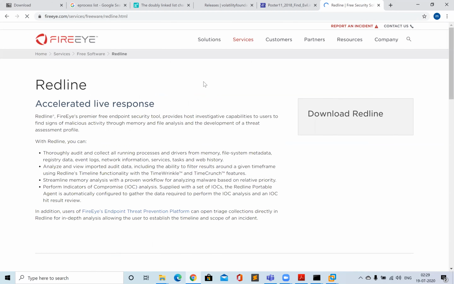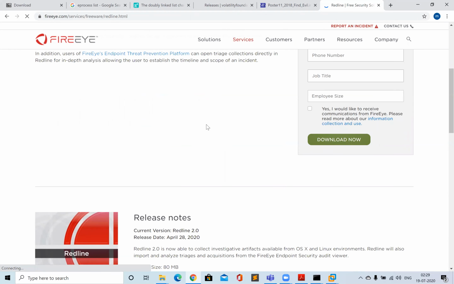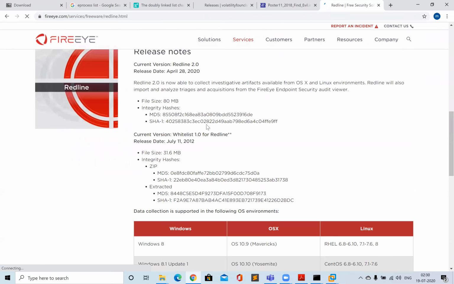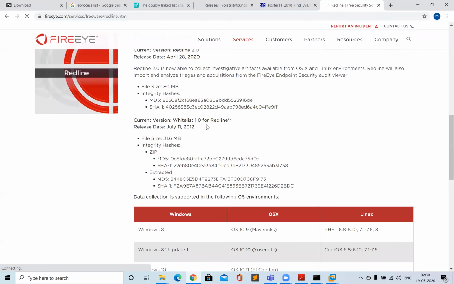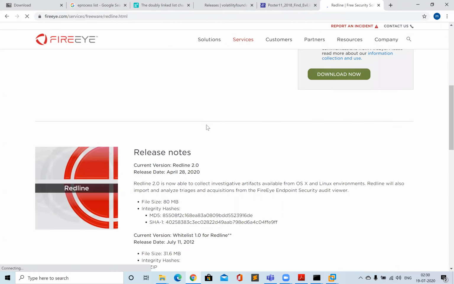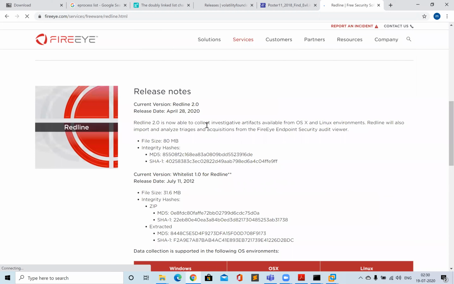You download that software, give it the RAM memory image, and it will run all the plugins for you, its own plugins, not the Volatility ones. It will tell you the results, and it will also show you the timeline. So you can try the Redline tool in your free time. It's very handy when you don't have time to run the Volatility framework. You can also create a package using Redline, which you can give to anyone to execute, and it will capture the RAM memory from their system. It's a very useful tool, so try that in your free time.